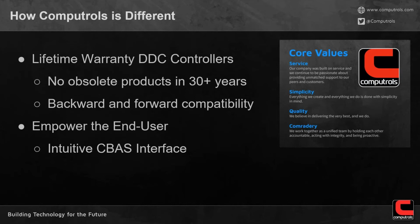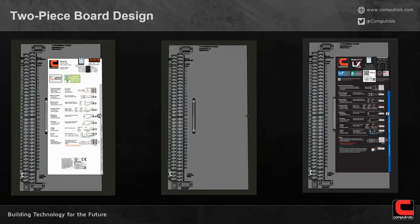I mentioned that for 30-plus years we've never obsoleted a product, and I wanted to take a deeper dive into how exactly we do that. In the center of this slide you'll see just a dumb terminal board, what we refer to as a backplane. This is where all the wires land for our controllers. On the left you'll see a white control board, and on the right, a black control board. These represent what we refer to as a brain board, so a two-piece board design consisting of a brain board and a